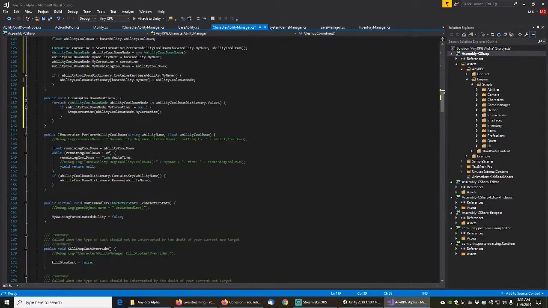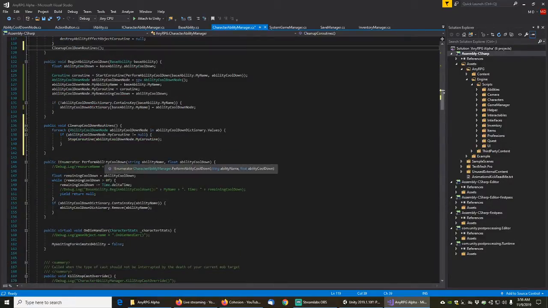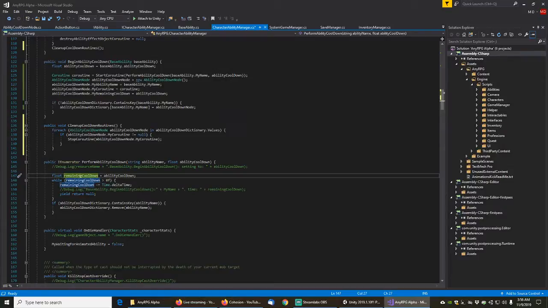So then right here, we're not going to track this remaining cooldown here, and that's already been added to the node. So what we want to do basically is, we don't even need to do that. We don't need